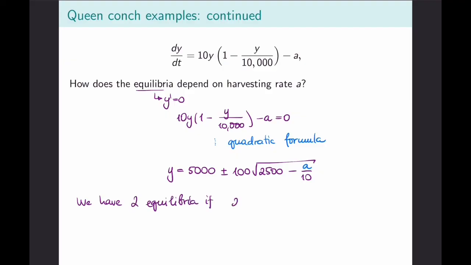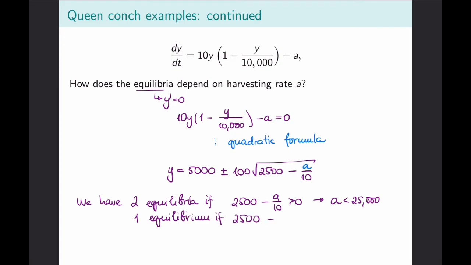if 2,500 minus a over 10 is positive. Now, if I actually solve this for a, so move things over, multiply by 10 and whatnot, this will be the same as having a less than 25,000. We will have one equilibrium if